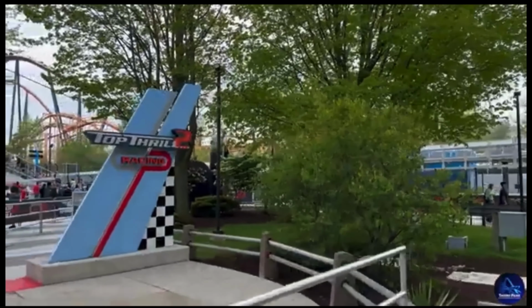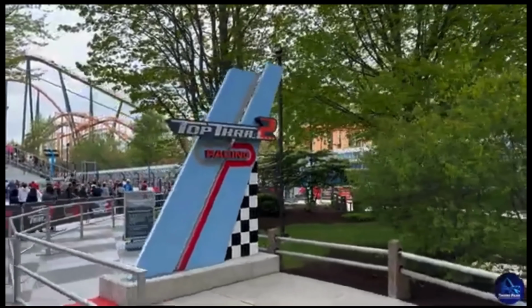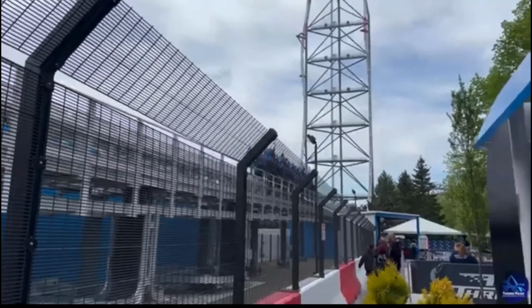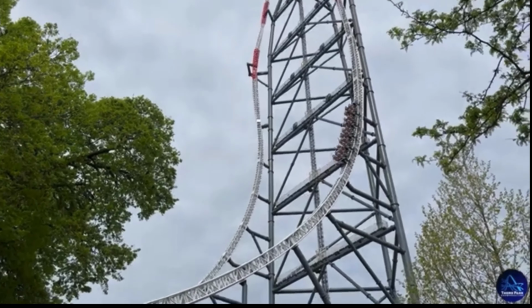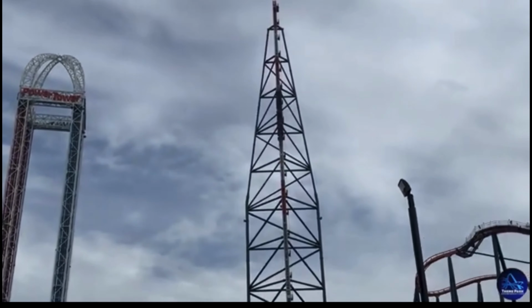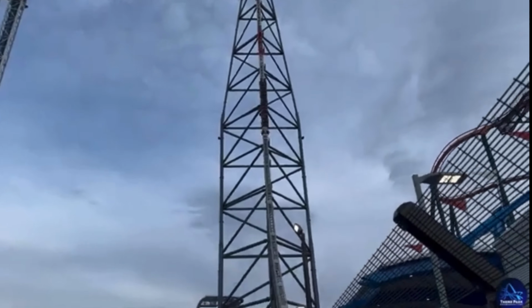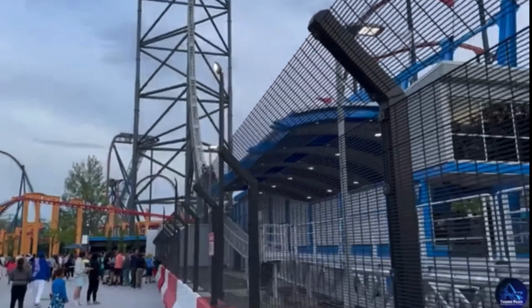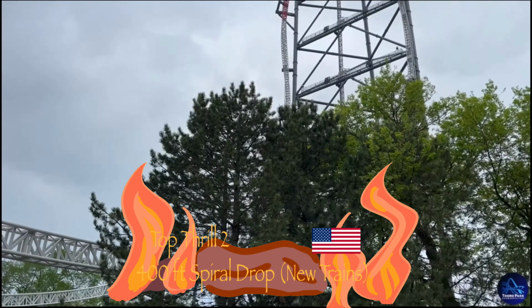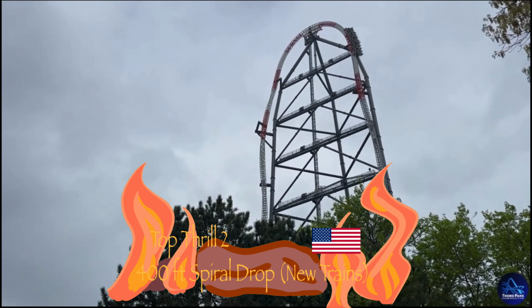But what about a coaster twice as tall, such as Top Thrill 2 at Cedar Point? Having the world's first 400-foot drop, those who rode it this year said the ride experience has been improved over the original. The ride now gets progressively faster and wilder, building up to that climax of the drop. As the seats are elevated higher above the track than the old ride, the 270-degree twist takes the Ejector airtime